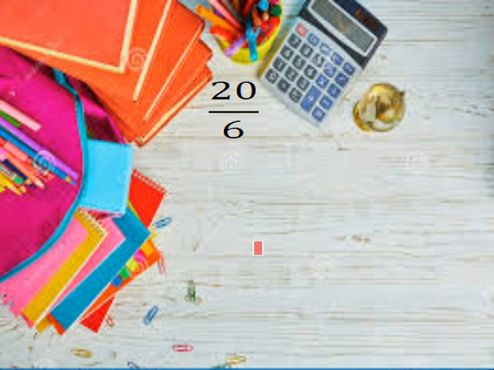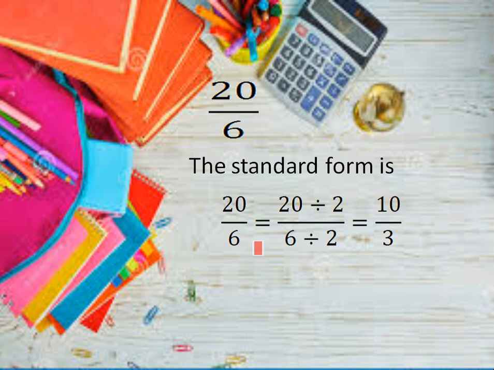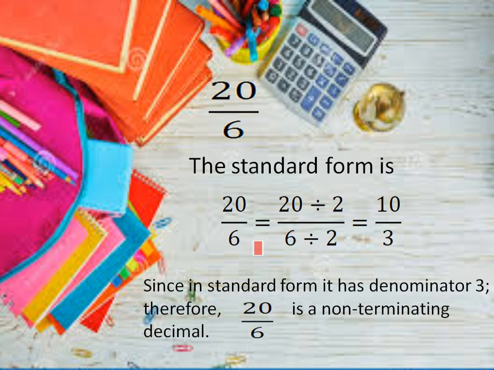Let us do another example. 20 over 6. First check the standardized form. Is this in the standardized form? No. We have to divide the numerator and the denominator by 2 to get its simplified form, which is 10 over 3. Now the denominator is 3. We do not have to find the prime factors because 3 is already a prime number, which is not 2 or 5. So this rational number is non-terminating, because the rule stated that if the denominator has prime factors 2, 5 or both 2 and 5, only then the rational number will be terminating. So I hope you have understood this.